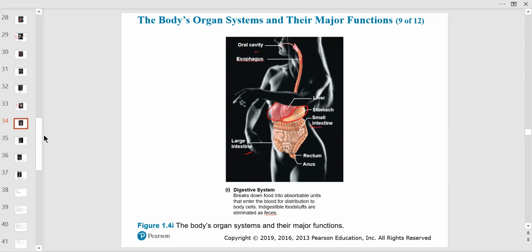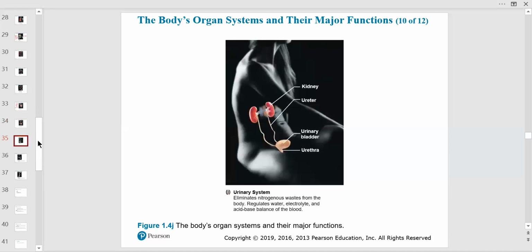So we have to get the nutrients into our system from our food, from Chick-fil-A or wherever we go tonight. And the rectum and the anus is all about storing and excreting. So the rectum stores the waste material in the form of feces, and the anal canal or the anus is where it's excreted. So the alimentary canal starts in the mouth and the oral cavity, ends at the anus. They call it alimentary canal, the digestive system, which you're not doing in the semester.